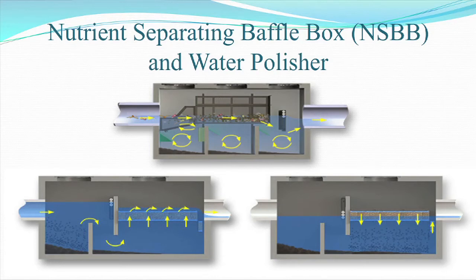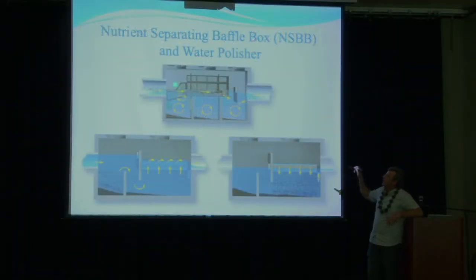But the reason they call it nutrient separating is it tries to keep all the different types of nutrients and debris separated. So in a typical system, if you get a bunch of leaves and organics mixed in with the sediments, over time the organics leach nutrients into the water in between cleanings. So this device actually traps all the floatables, trash, leaves, and other organic debris in this cage in the top, and then there are baffles installed between each of these